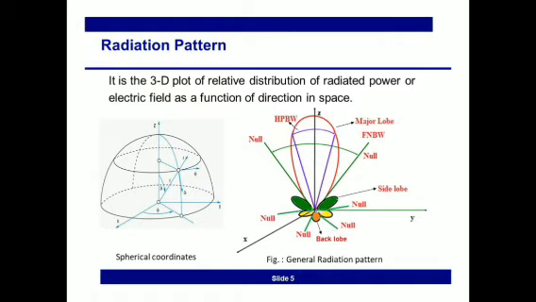Besides the major lobe, there are some other lobes which can be seen in the radiation pattern, and these are called the side lobes. The side lobes represent the leakage of power from the antenna and are an undesirable feature in the radiation pattern. The back lobe is the lobe which is 180 degrees opposite to the main lobe, and it is also a side lobe. The side lobes of the antenna should always be designed to be of minimum amplitude.